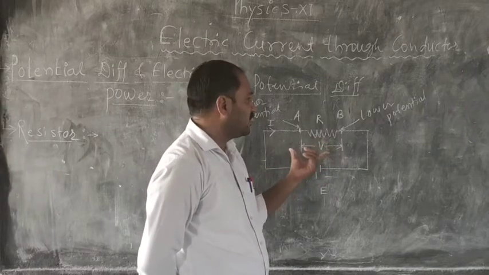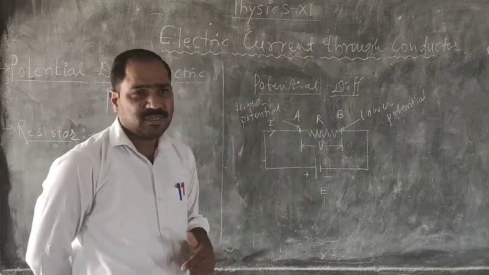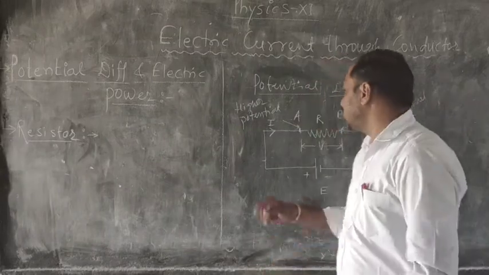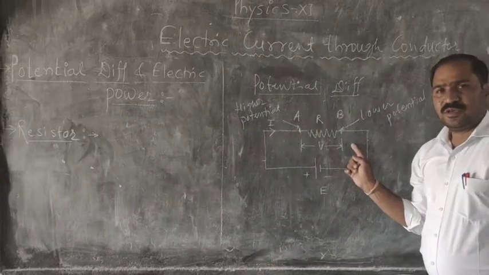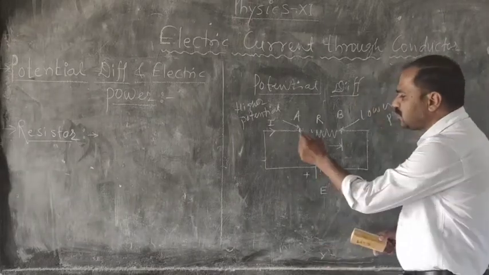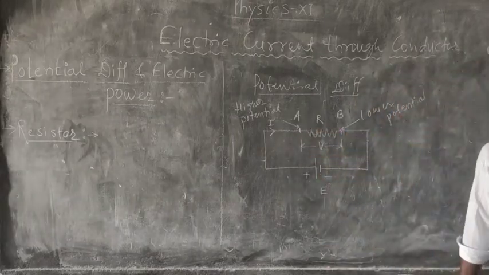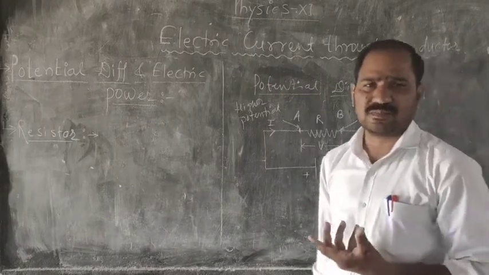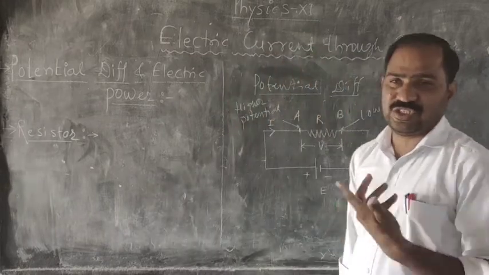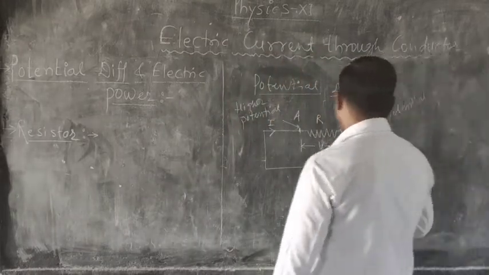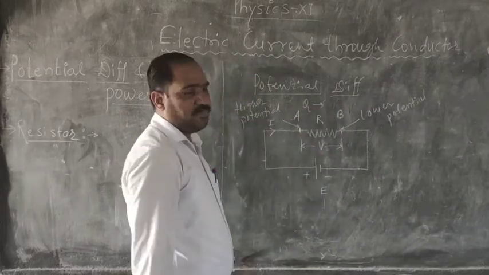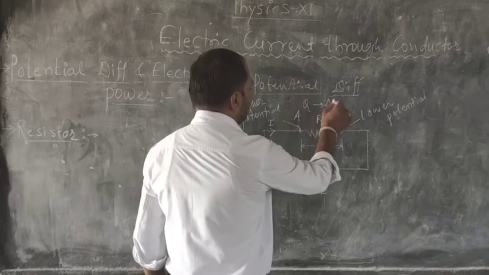ये क्या है? Potential difference. अब ये क्या करेगा? This potential difference provides the energy to flow the charge from point A to B. म्हणजे काय म्हणता आपण? जो काही चार्ज आहे त्या चार्जला या रेजिस्टर मधून फ्लो करण्यासाठी जी काही एनर्जी लागते आहे त्याला काय म्हणतो आपण? पोटेन्शियल एनर्जी, किंवा त्याला म्हणतो आपण व्हॉट? एनर्जी. So here suppose here is the charge and charge Q flows through the resistor from point A to B in time delta t.